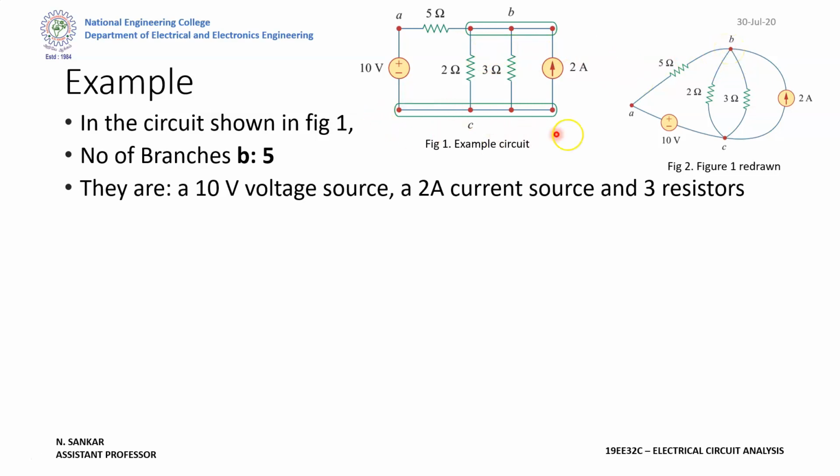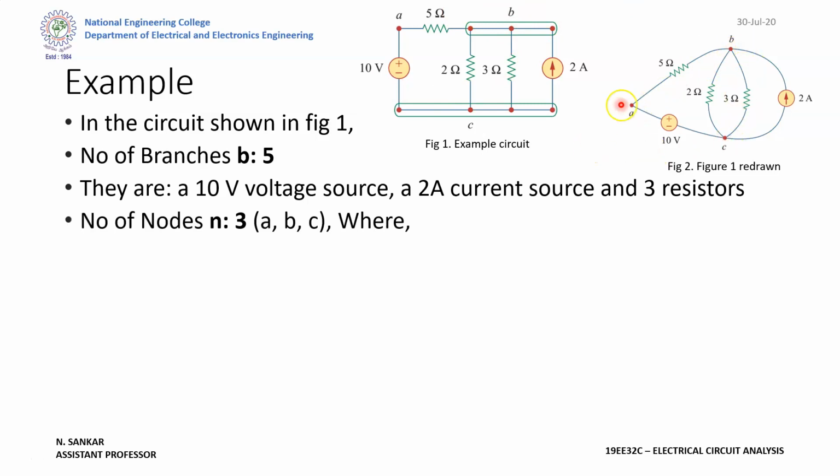Similarly, in the bottom line, here we have 4 points which are connecting the negative terminal of 10 volt, 2 ohm, 3 ohm and 2 ampere. So this can be written like this. Here C is connecting the negative terminal of 10 volt and the terminals of 2 ohm, 3 ohm and then 2 ampere. So instead of saying we have 8 nodes, by rewriting the circuit we can simply say we have only 3 nodes: A, B and C.